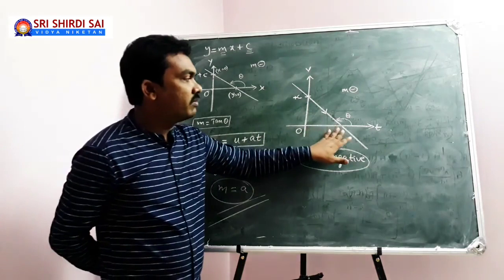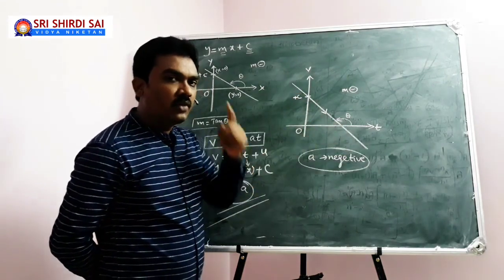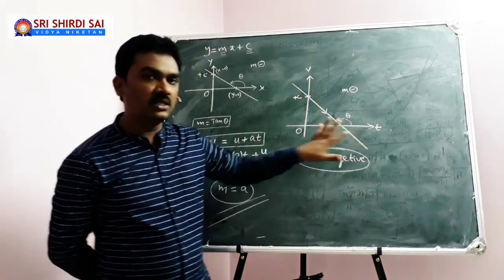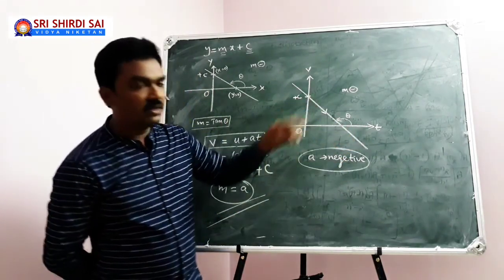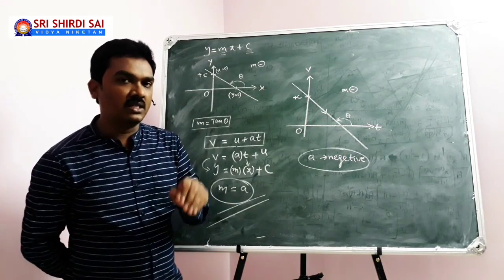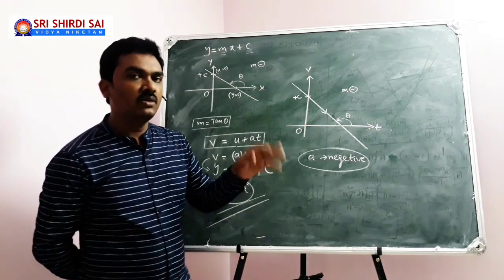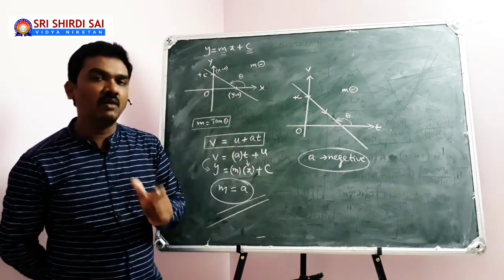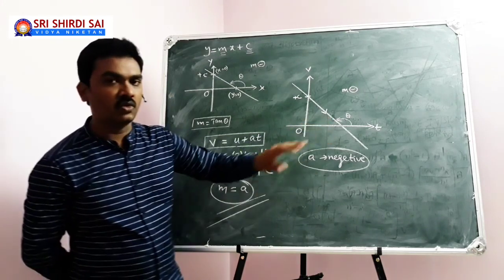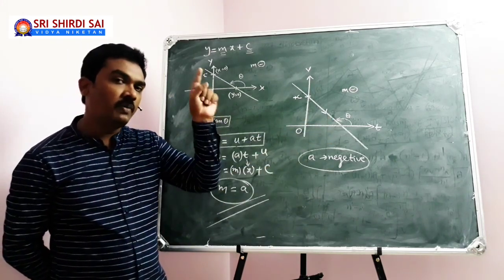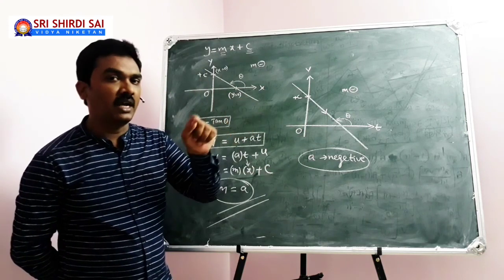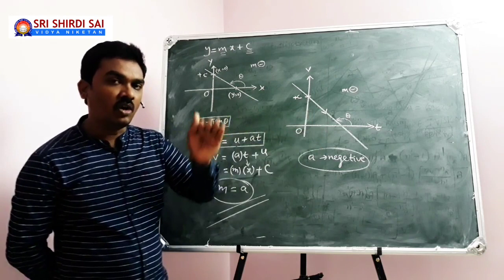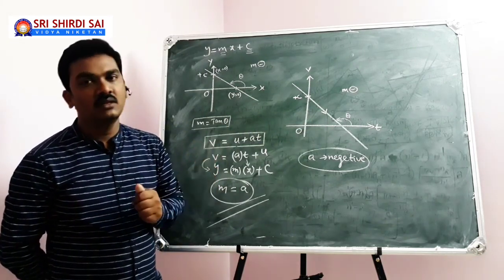On seeing a velocity time graph as a straight line, first something should strike your mind. Yes, the graph is a straight line with a y-intercept, that is y equal to mx plus c, meaning v equal to u plus at, or at plus u. Immediately you have to say the slope of this straight line is constant. I know the slope of a velocity time graph represents acceleration, meaning this is representing a body moving with constant acceleration.